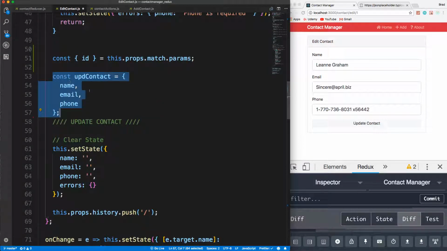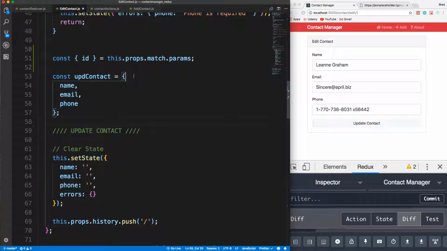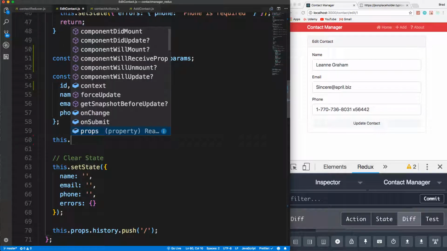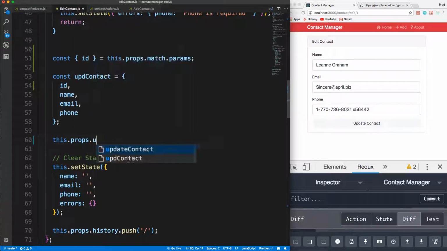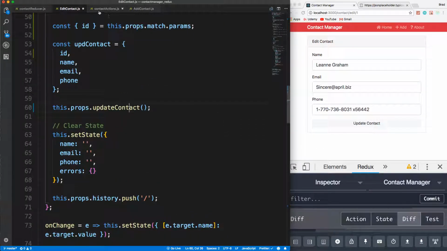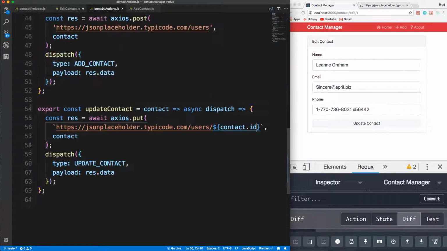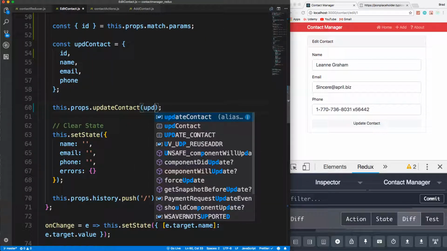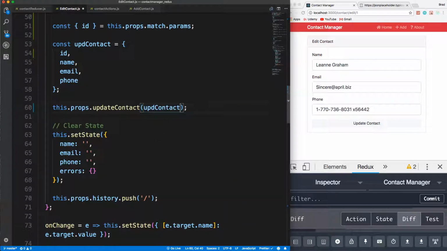All right, now let's go back to edit contact, and I'm going to take this and just move this below where we get the ID from the URL, and then just include the ID here like that, and then we can call our update contact. So that's going to be in props, so update contact. Actually, is it update contact? Yeah, so update contact, then we want to pass in UPD contact, which is this object here. So let's save that,